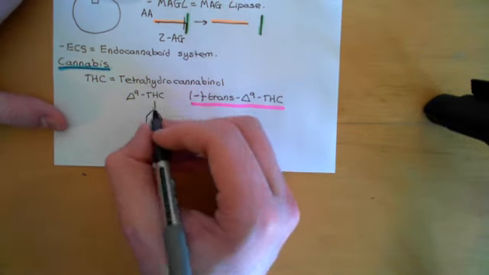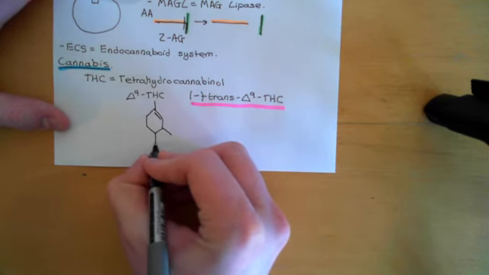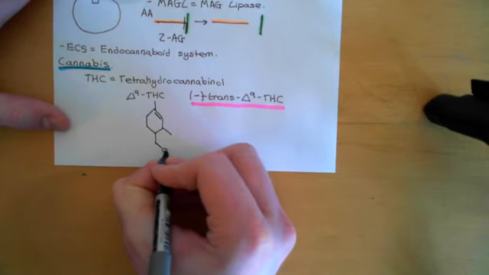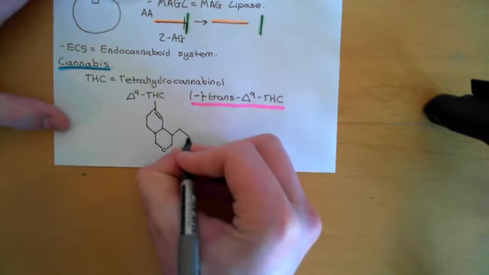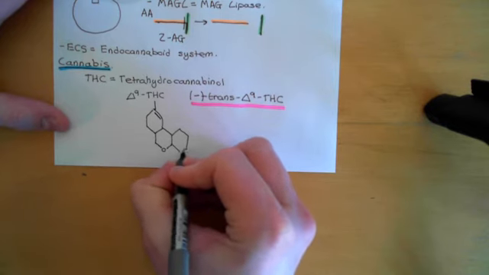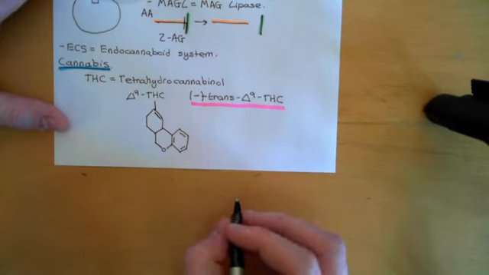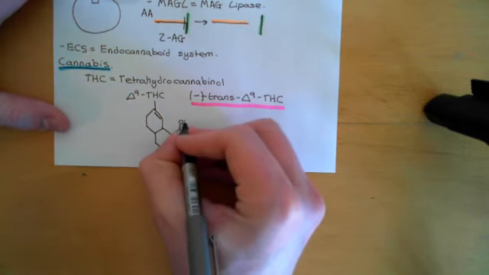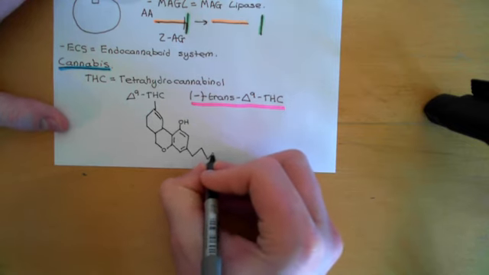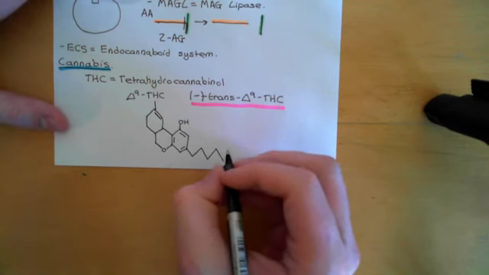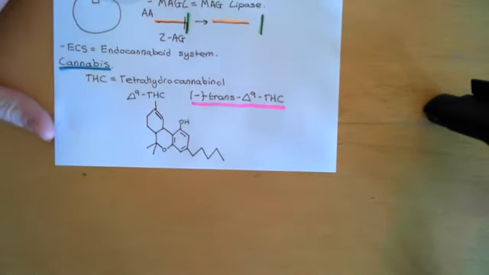Okay, then you've got a methyl group coming off up there. Then you've got another 6-membered ring coming off down here with an oxygen right at the bottom there. And then you've got a benzene ring sticking off the side here, like so. So alternating double and single bonds in the Kekulé model. And then we've got an alcohol group coming off here, and then a 5-membered carbon side chain off here. Like so. And then finally you've got 2 methyl groups coming off here and here.